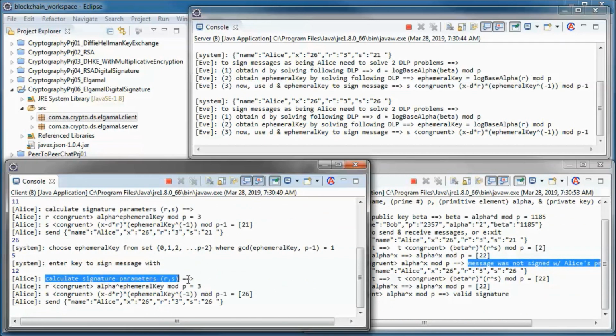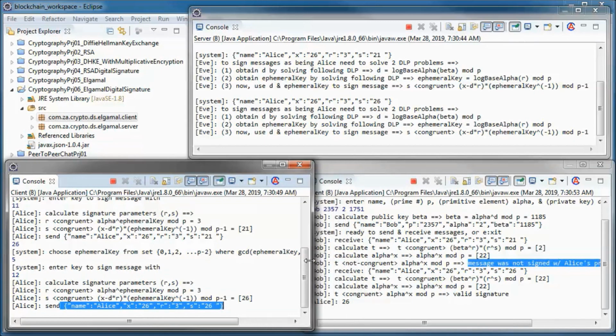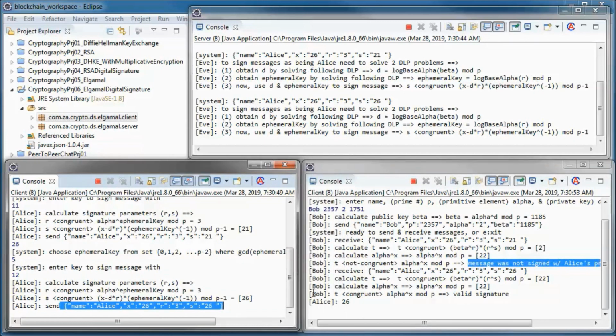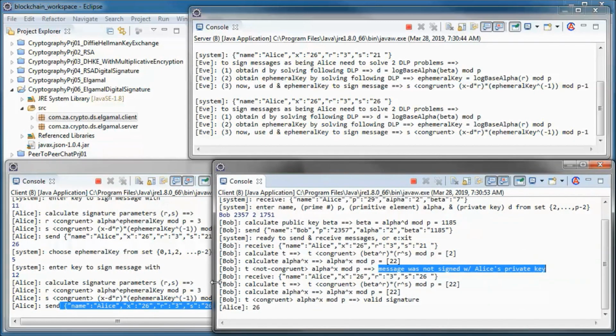She calculates R and S and sends X and R and S, the message with the parameters, to Bob.